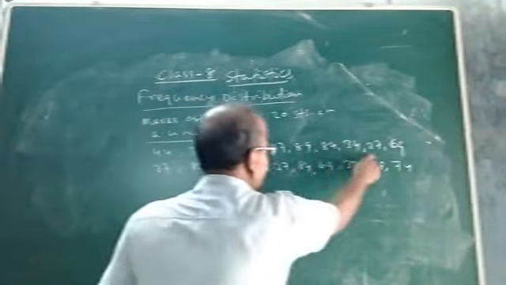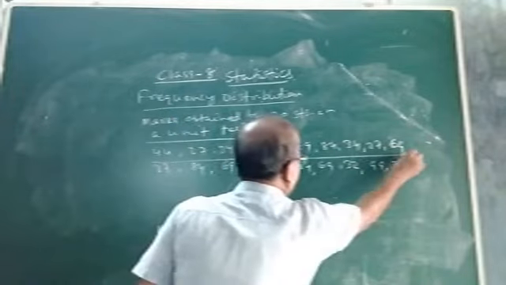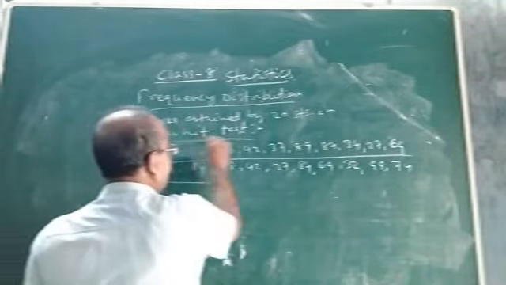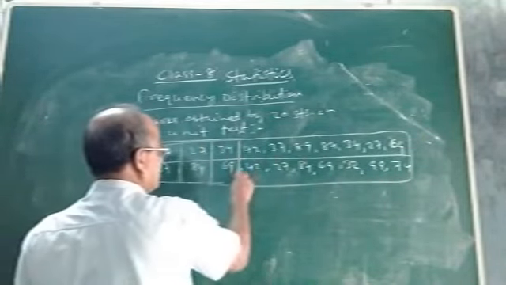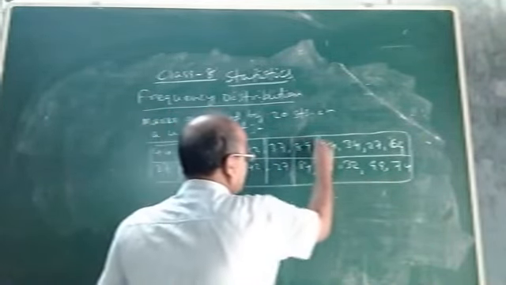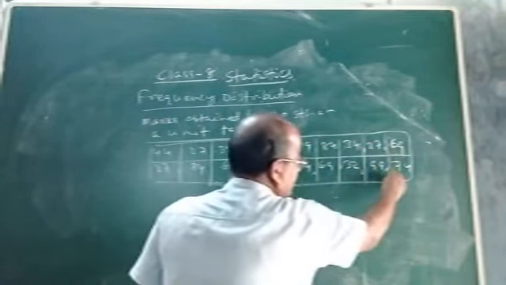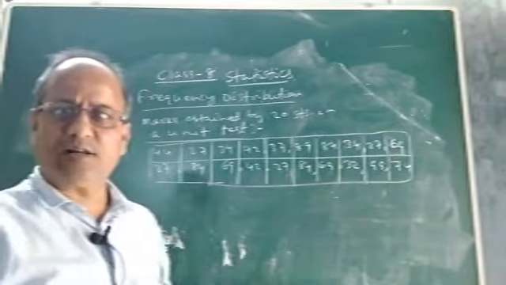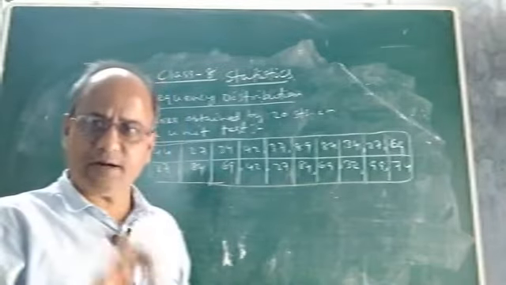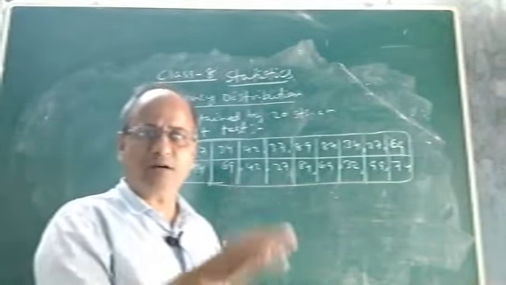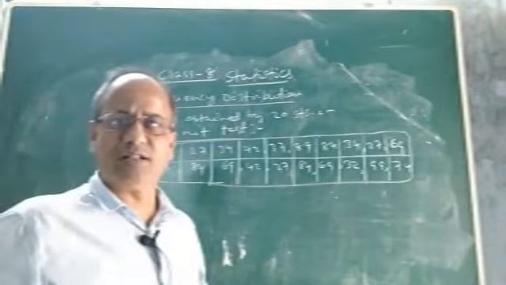These are 10 marks obtained by 10 students. This row you can write like this also. Suppose this is the given distribution. So what does this distribution show? This distribution shows the marks obtained by 20 students in a particular test, say out of 100 marks. What are the marks scored by 20 students in a particular exam? The distribution is given in this form.